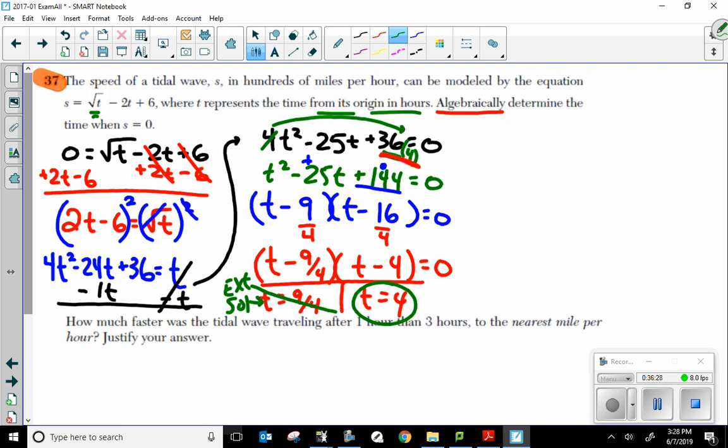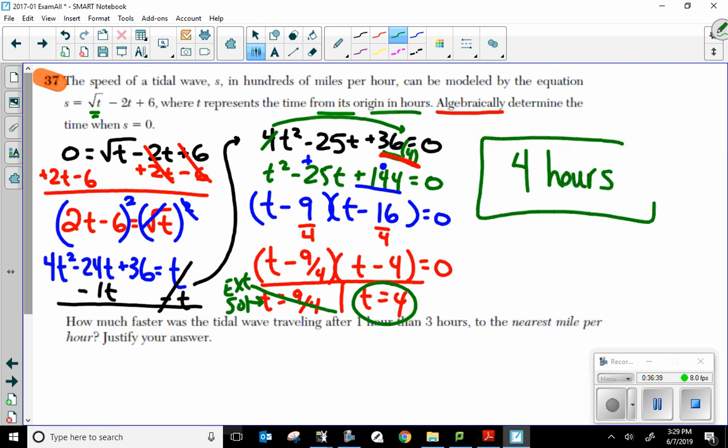So when they want me to algebraically determine the time when s is 0, the time is 4. So that is going to be 4 hours. That's going to be my answer. All right. Now,